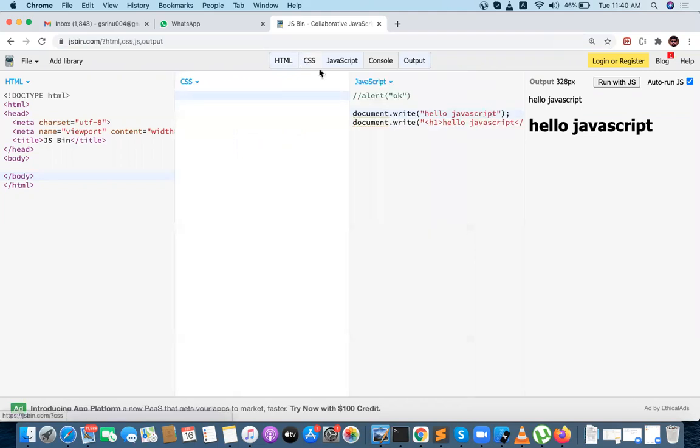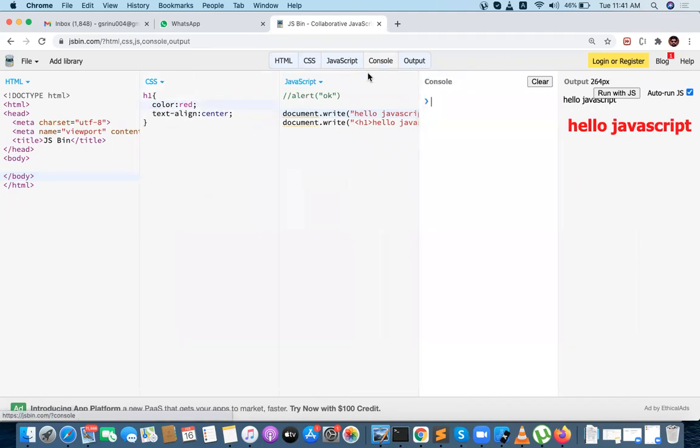You can write HTML, CSS also. For example, for CSS, I want to write color. Can you see that? You can do it very easily. You can practice HTML, CSS, JavaScript side by side, and you can see the console outputs also.